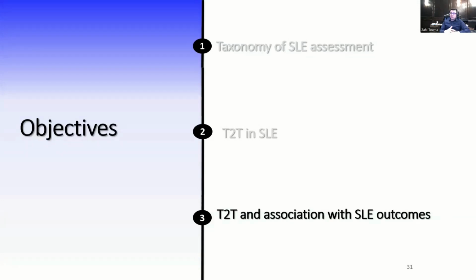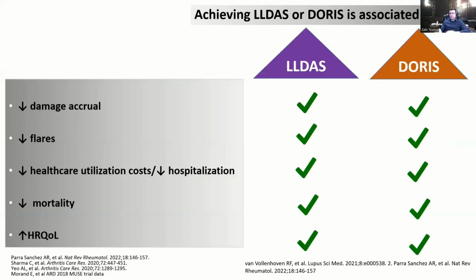So now I'm going to move to my third objective, which is treat to target and association with SLE outcomes. I showed you earlier the LLDAS and DORIS for disease activity. So let's think about some outcomes. We would like to see if there is an implication on decreasing damage accrual, decreasing flare, healthcare utilization costs, decreasing hospital admission, improving mortality by decreasing it, and improving health-related quality of life measures, fatigue,